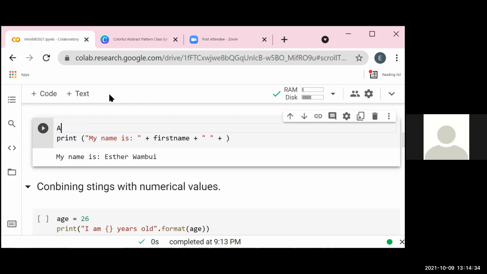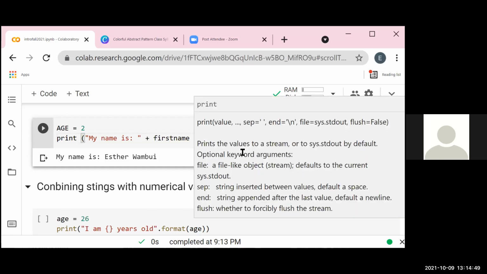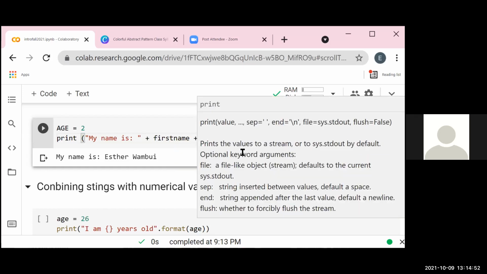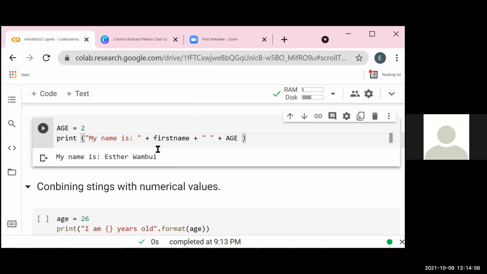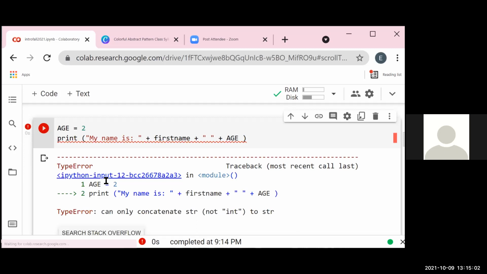I am a visual person and I like to see stuff working. Now age is given a numeric data type. Let's see if I add the value age, what happens. Let's see if it will give us the same output. You see, it shows a type error.